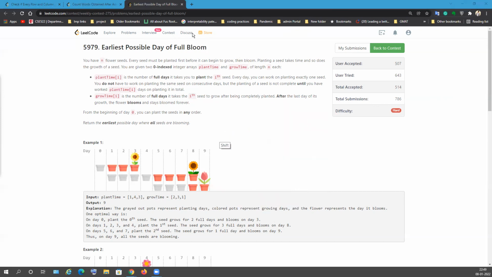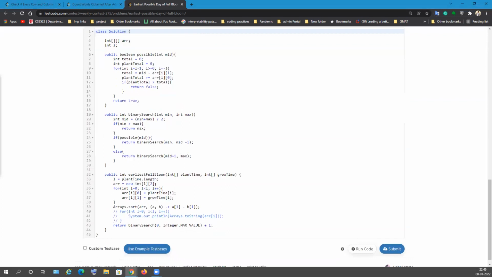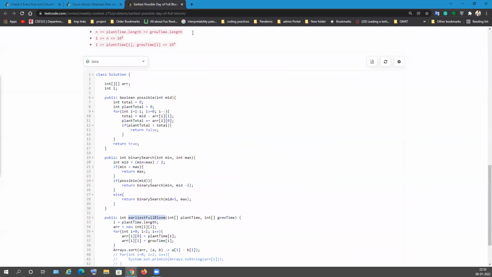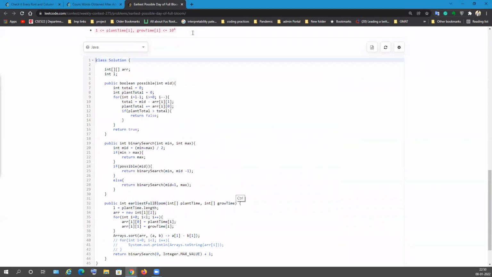I will show you the code, how I coded. This is our given API. What I did, I found the length of the plants. I put all the plant time and growth time in a 2D array so that it's easy to sort.